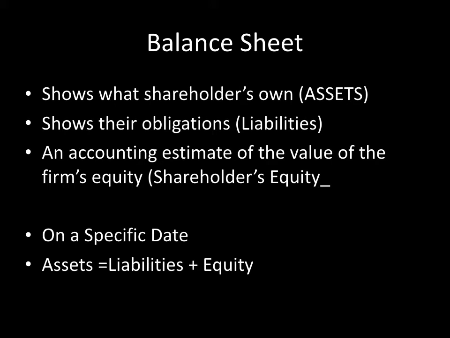But they also show the obligations of the organization, or what we call the liabilities. In other words, the accounts payable, the amount owed to employees, any bank loans where the principal is owed, or any interest, and then flows into what we call the shareholders' equity account. In other words, if we have the total assets, the value of what we own in the company, subtract out what's owed, this is the balance of what's left over for the shareholders or the owners of the organization. It also gives you somewhat of a rough value, or what we call the book value, of the equity in the firm.